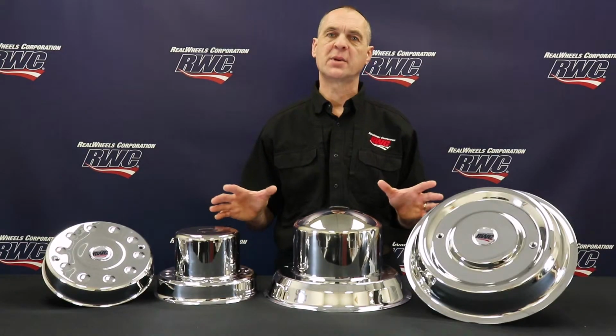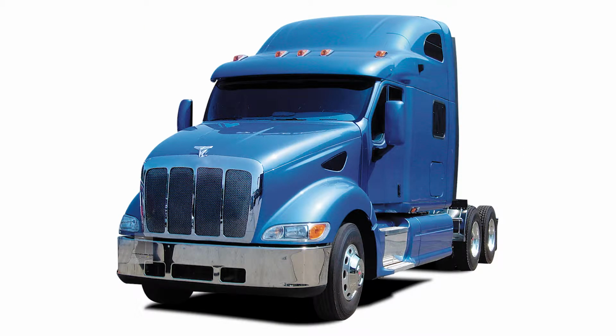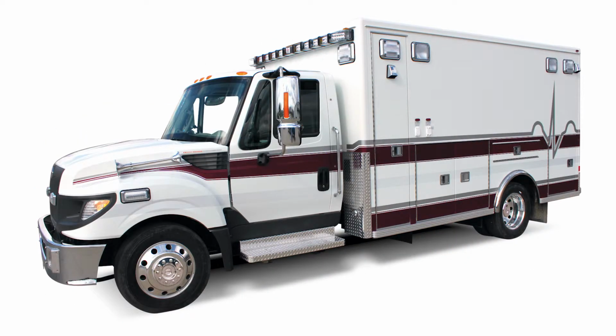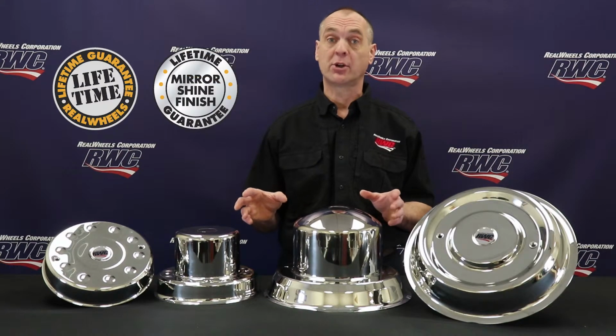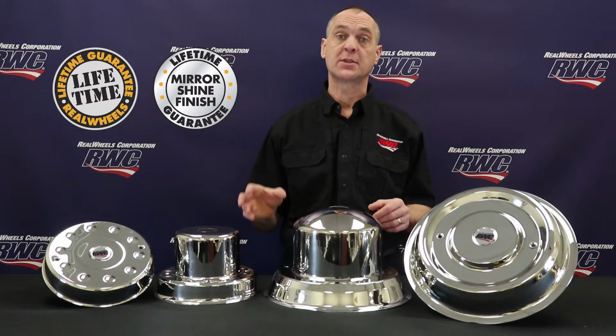All of our axle covers are made from heavy gauge, high quality, non-magnetic 304L stainless steel. They will not rust, pit, corrode, or turn yellow. And each axle cover is hand polished to a mirror shine in our in-house buffing department. That's where we are able to offer a lifetime guarantee on the workmanship of each cover and its mirror shine